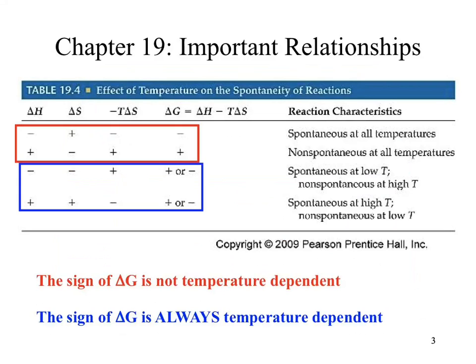Okay? As far as deciding what is high and low, depends on what delta H is and what delta S is. So trying to figure that out, we can't just memorize what is high, what is low, because it depends on each reaction. So how would you determine it? You could be given a question where you're given a delta H and a delta S, and it says at what temperature does this reaction become spontaneous? Okay, so